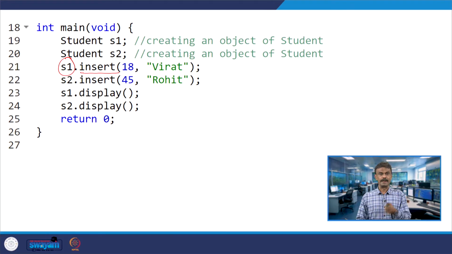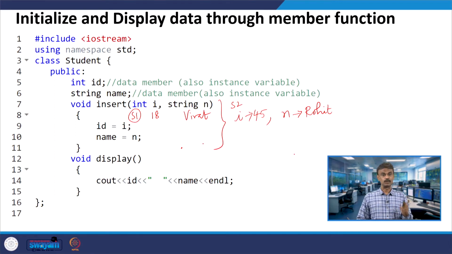And now you are calling two different functions under S1 and S2, S1 dot display. That means this will call the display function. We know S1 dot ID is 18 and S1 dot name is Virat, so that will be printed.